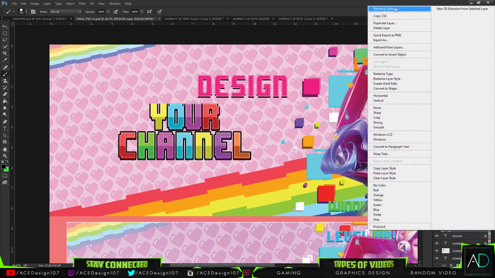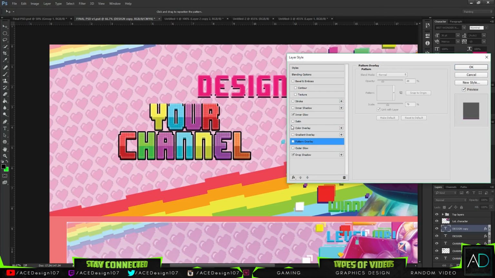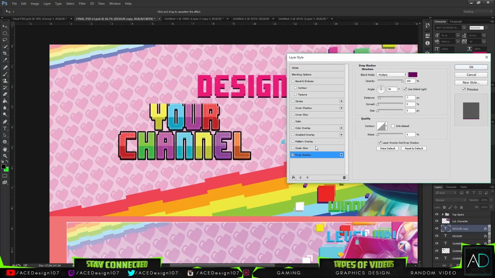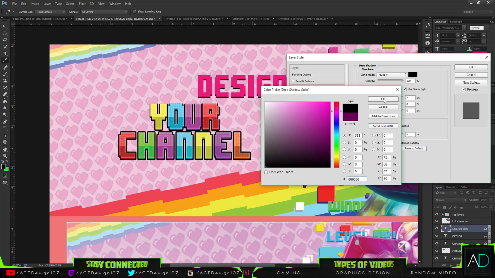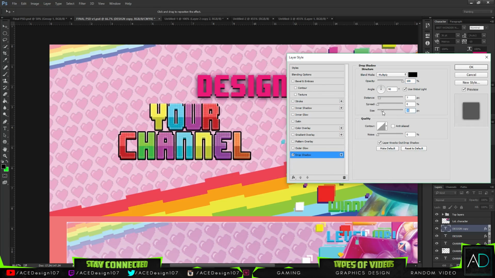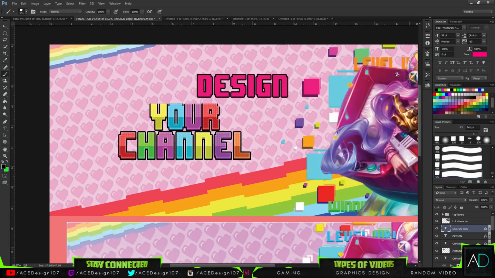Okay, we're going to right click and go to the blending options, and we're going to turn off all of this stuff, so we just have a blank text on it. Then we're going to go to the drop shadow, and we're going to change the blending mode to 100%. Now if we change our distance to 0 like that, and our spread to 100, and our size to like 6 pixels or whatever, and the opacity 100%. Okay, and if we move this below,